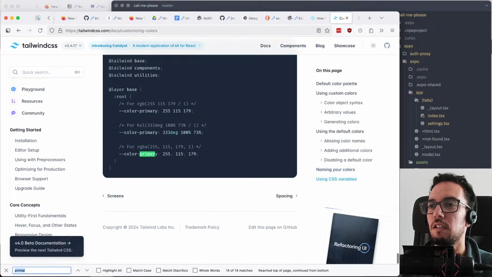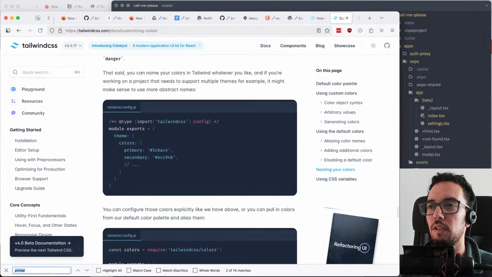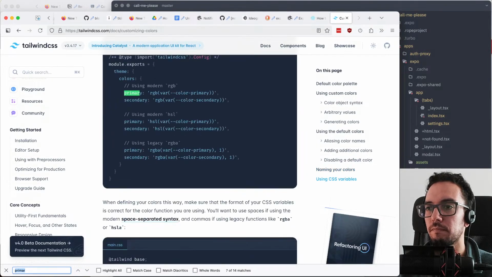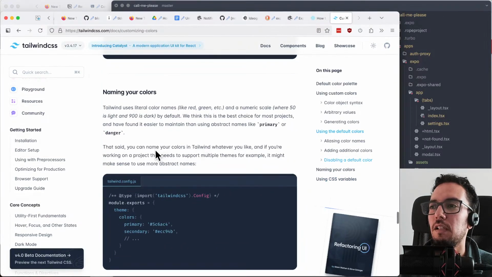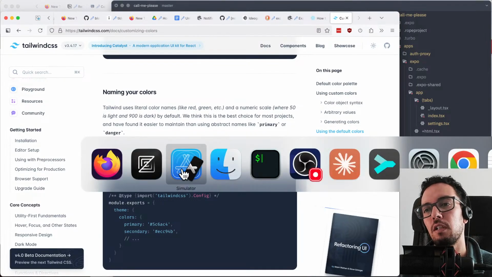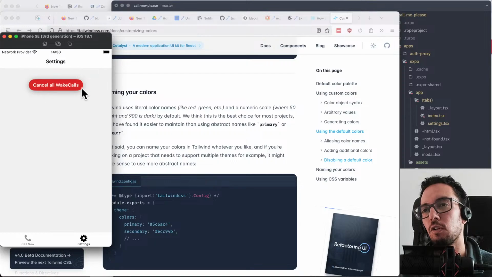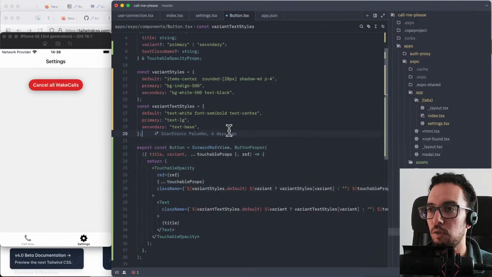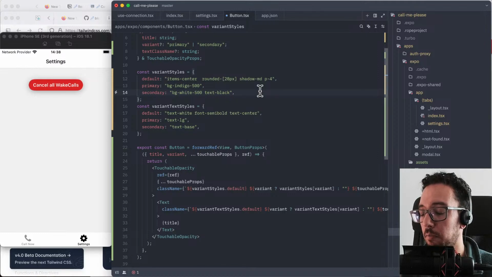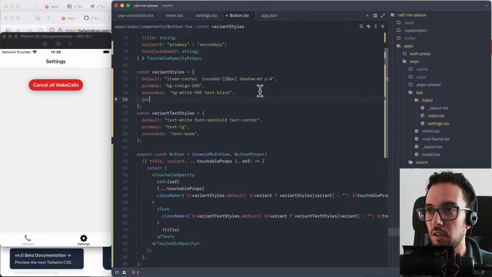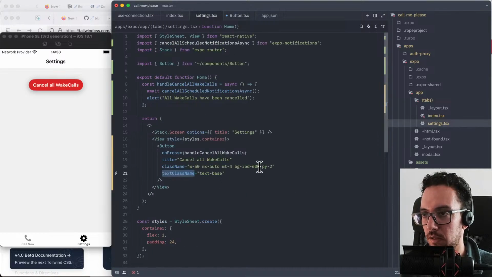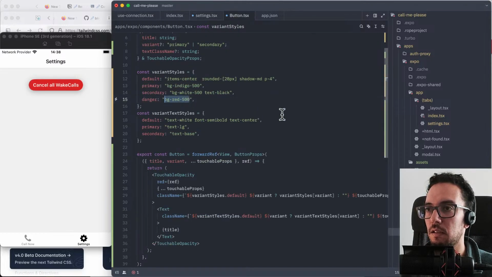There are some names that are conventional when you have a style or UI library or design system. Where was this? Danger. Sometimes you want to name your colors by what they mean rather than by a color like red. So that's a good idea for variants of a button. We're going to call this danger, and a danger button will have this 600,